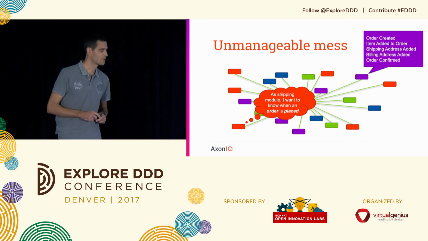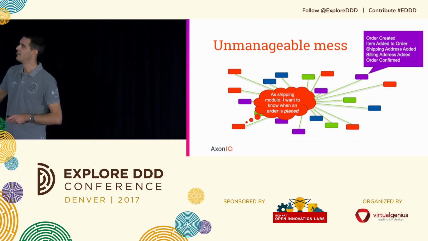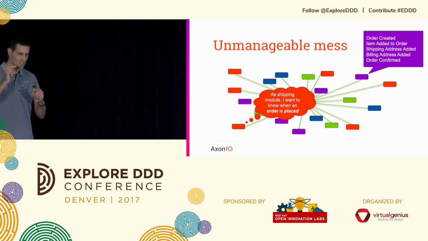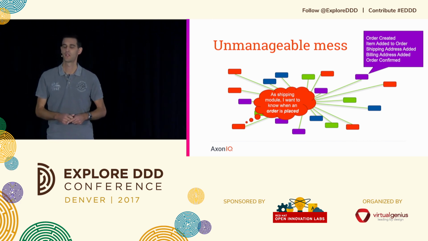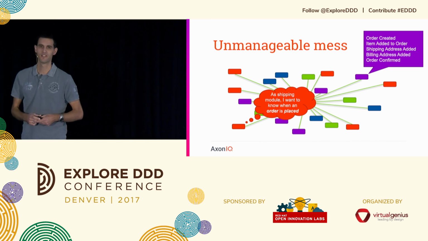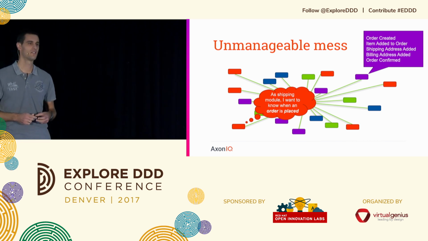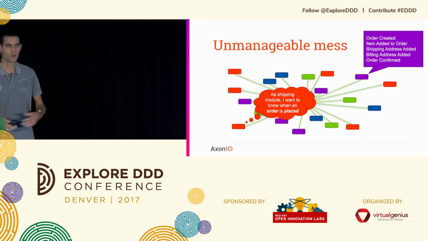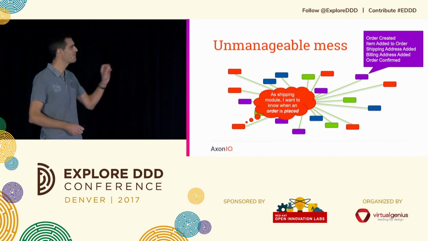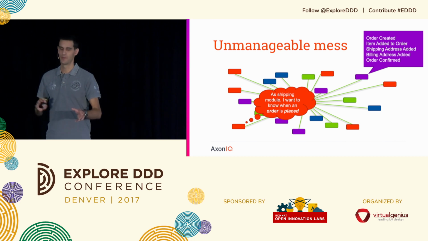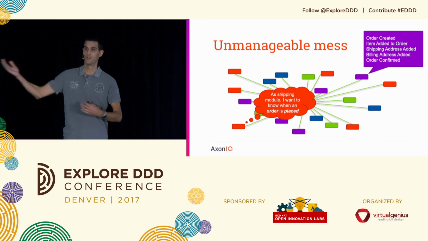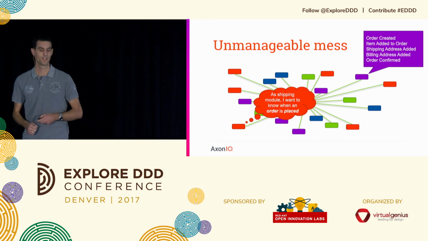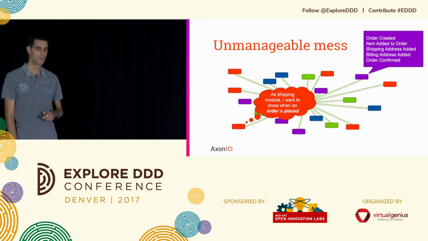So now that shipping module has to do all the math of adding and removing items just in case an order confirmed event may or may not arrive. And what if it doesn't arrive for 7 days? Does that mean the order was cancelled or ignored? Can we ignore it? Can we throw it away? So there's a huge dependency now between the shipping module and the order module, just in terms of language. And there's a lot of logic that you need to duplicate there as well to make sure that we can calculate when an order is placed.